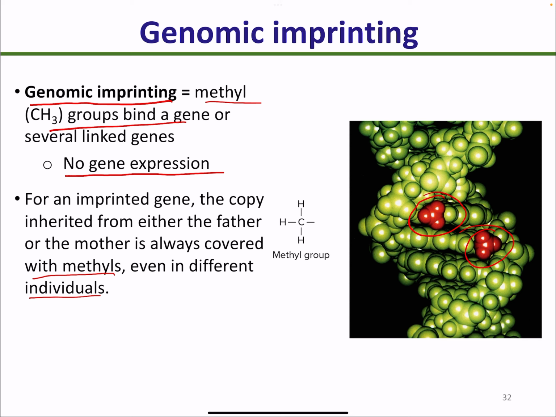So this means that there is a track record at a cellular level as to which gene is being methylated and which gene is not being methylated. Okay, let me repeat that. There is a track record of which gene is being methylated and which gene is not methylated. Okay, so